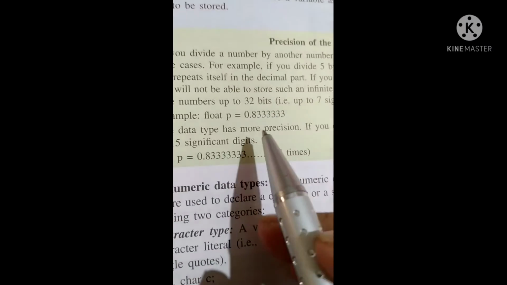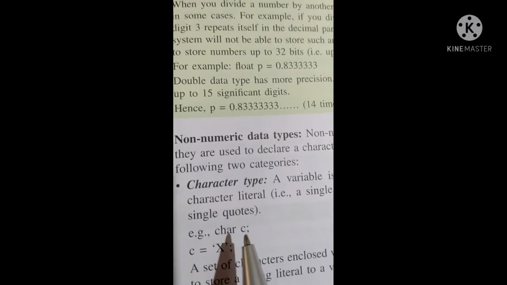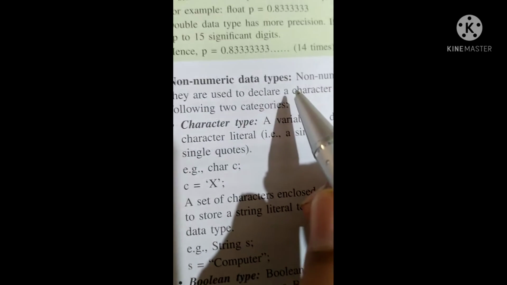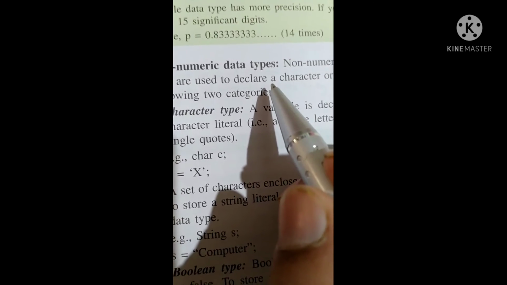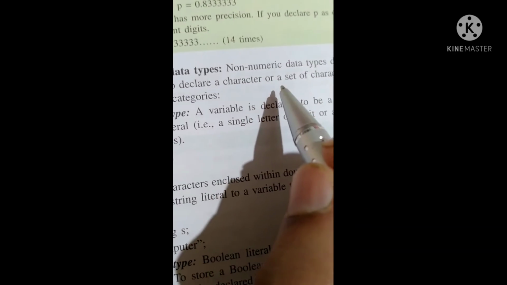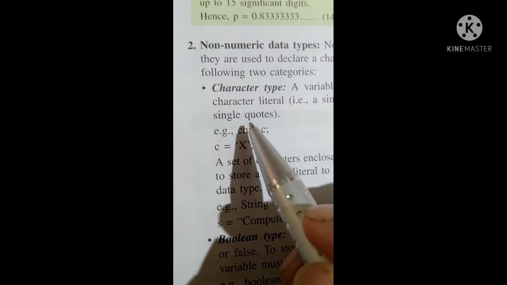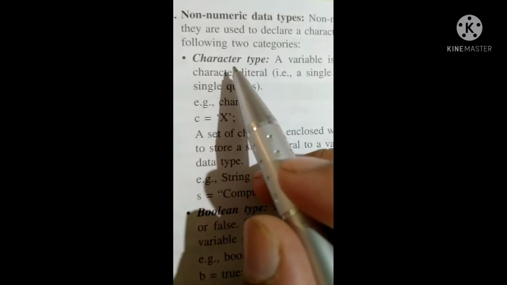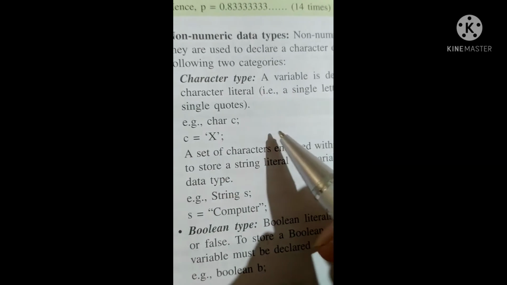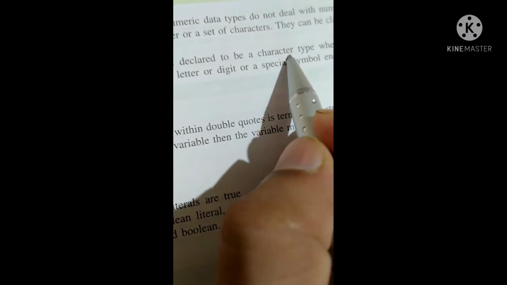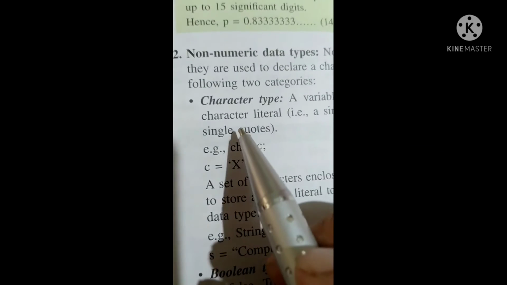It will stop at the given range. Okay, non-numeric data types. Here we write a single character or a set of characters, and they are of two types: first character type, and second boolean type. In character type also we have two types: first is single character and second is string. A variable is declared as a character type when it holds a character literal.